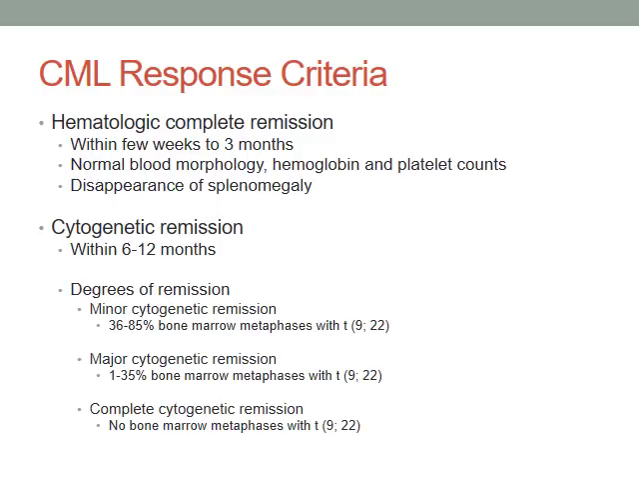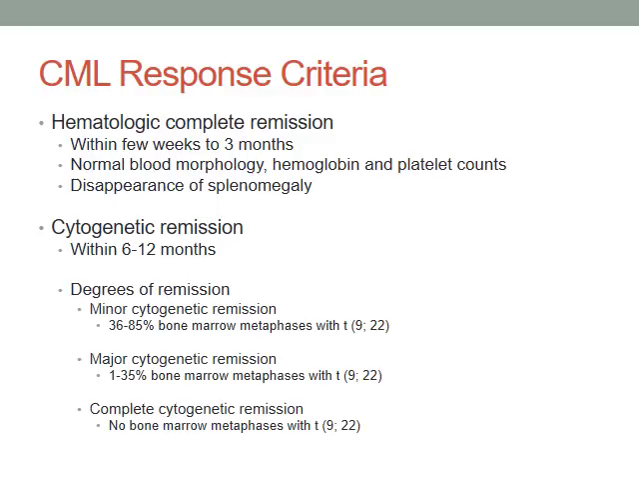over time as well. In cytogenetic remission, this has to do with the presence or absence of the Philadelphia chromosome or the translocation of 9;22. For this, it's graded minor, major, or complete remission. If a patient has a minor remission, then about 36 to 85% of their cells will still have the Philadelphia chromosome. If they have a major cytogenetic remission, they only have anywhere from about 1 to 35% of their bone marrow still affected by the Philadelphia chromosome, and a complete remission means that there are no Philadelphia chromosomes found